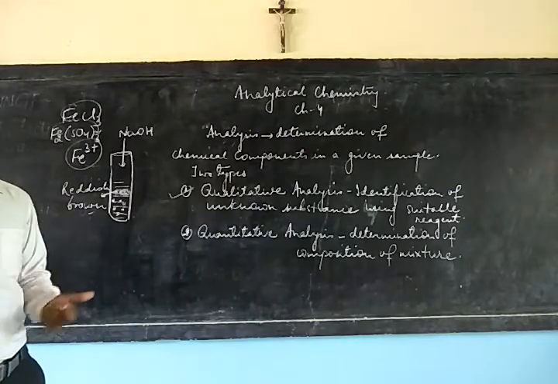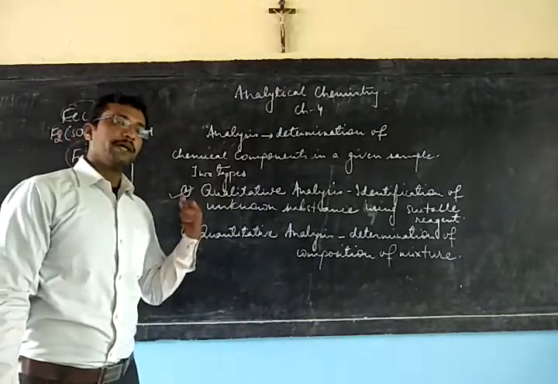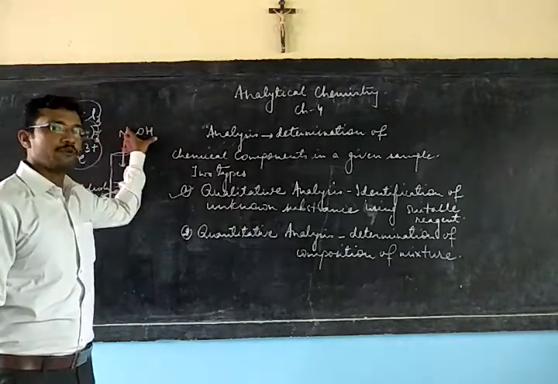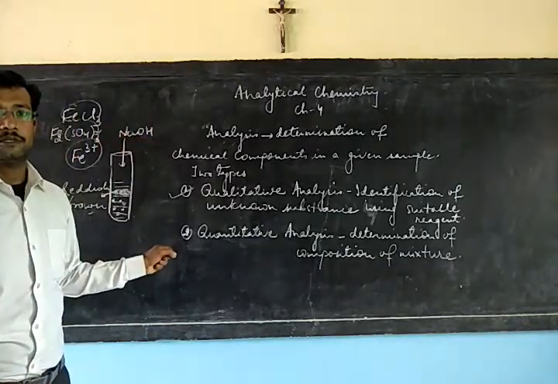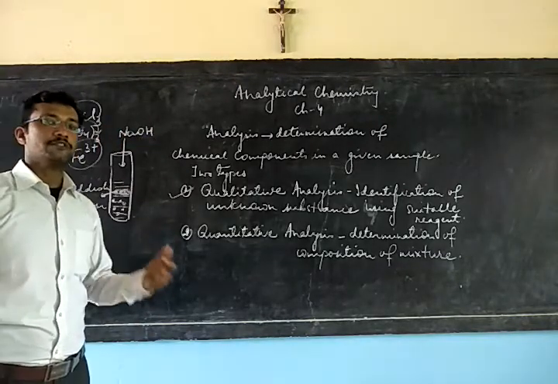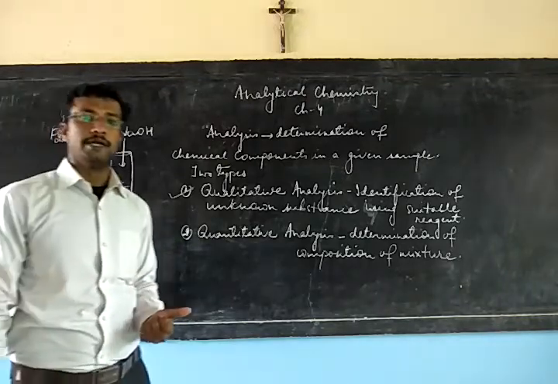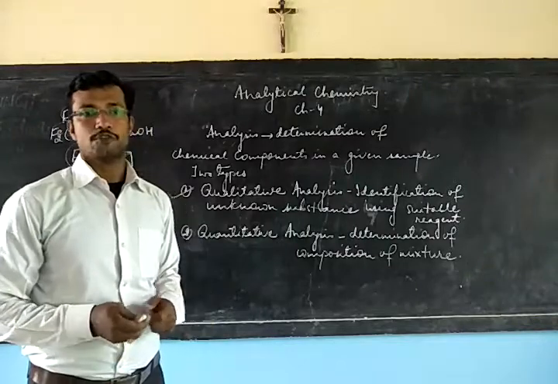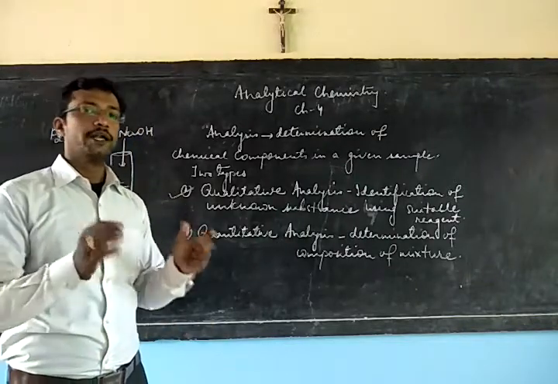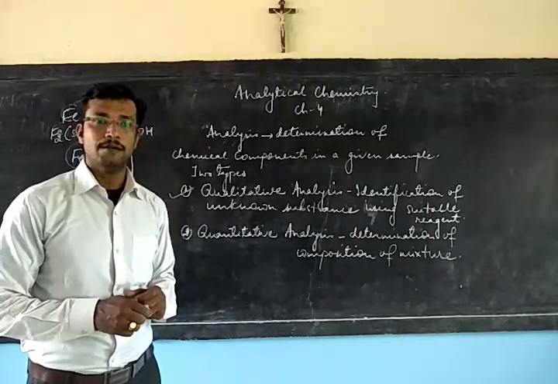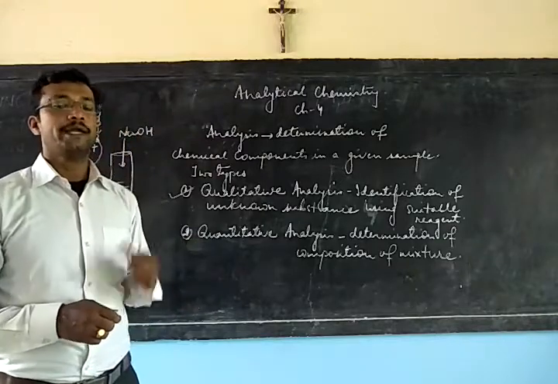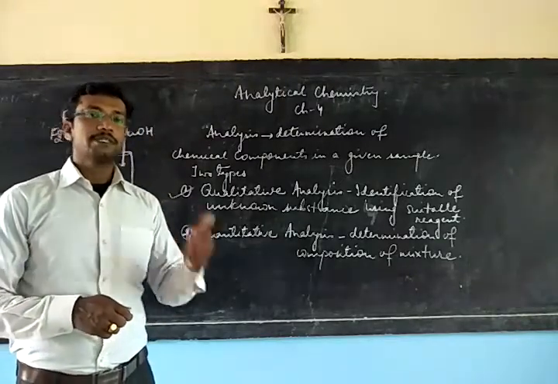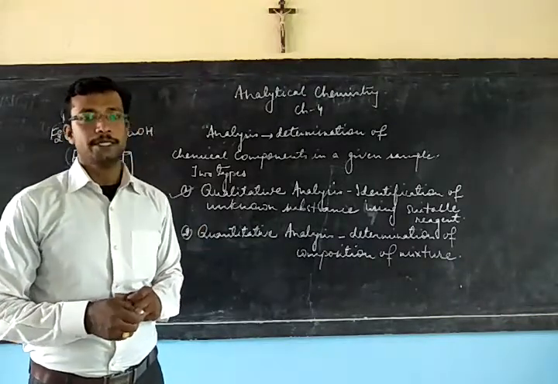So this is just an example. There can be different colors forming on addition of sodium hydroxide or ammonium hydroxide. And on the basis of that color only we can determine which kind of metal ion is present in that salt. So we are now going to discuss in detail, one by one, by taking examples of different salts, which kind of metal ions will be present in them.